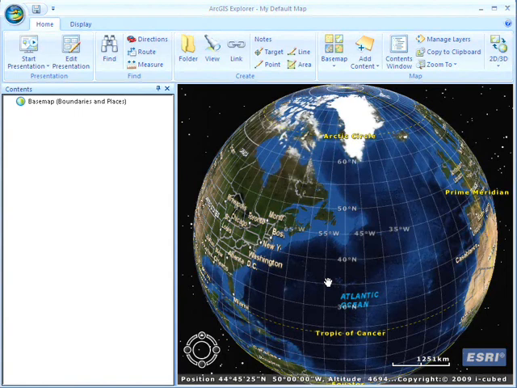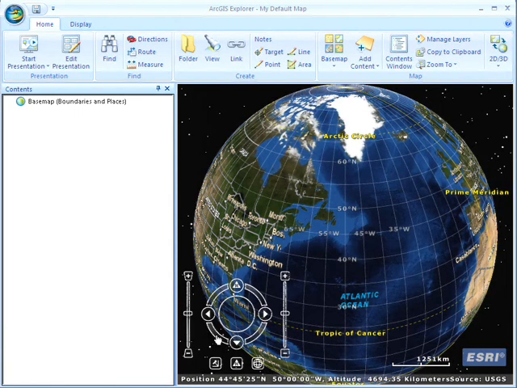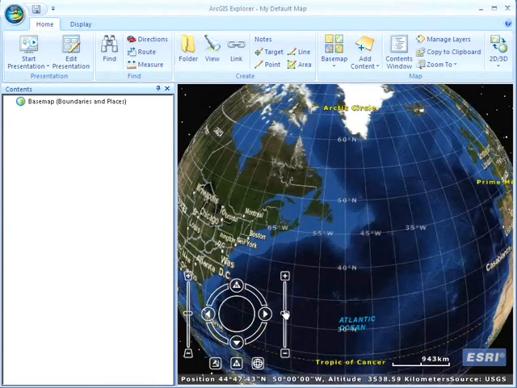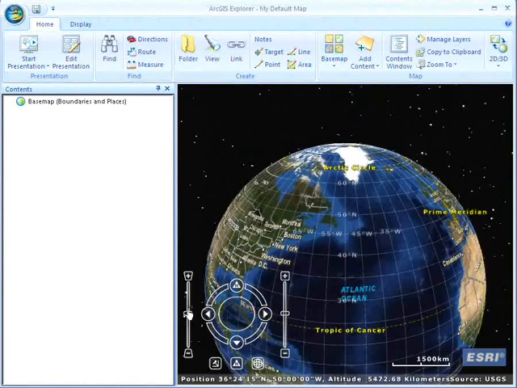Another way to navigate is using the navigator, and the navigator is located in the lower left portion of the map. If I move my mouse over it, it will enlarge, and I have the ability to use the controls now to do the same things that we just did. For example, this slider I can use to zoom in or zoom out. I can also click on the buttons at the bottom of the slider to zoom in or zoom out. The one on the left controls my tilt,